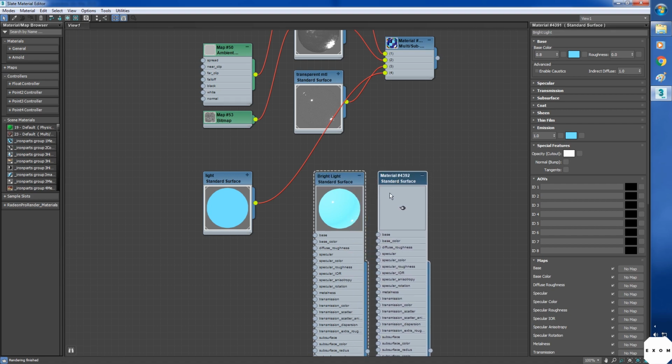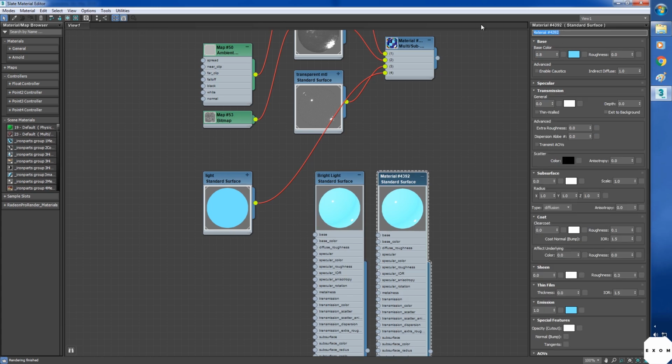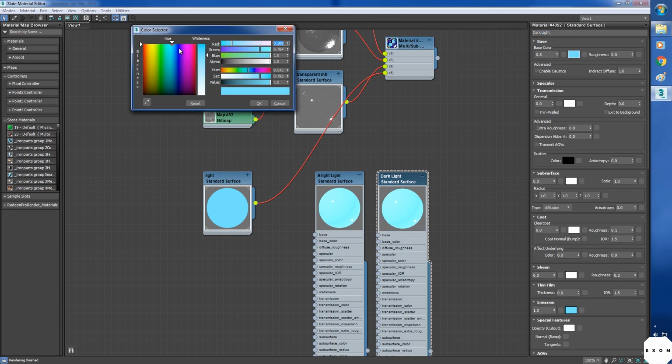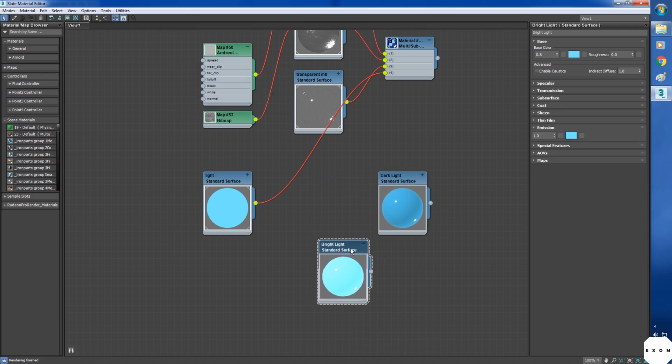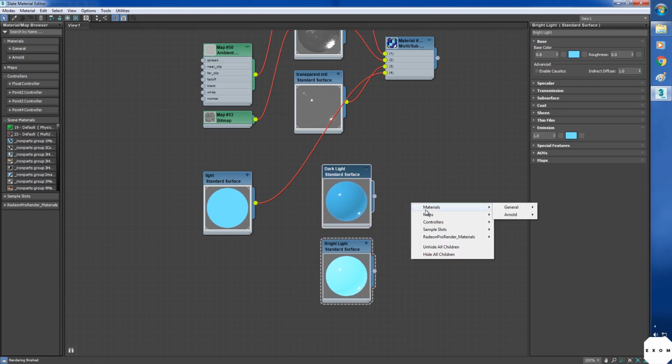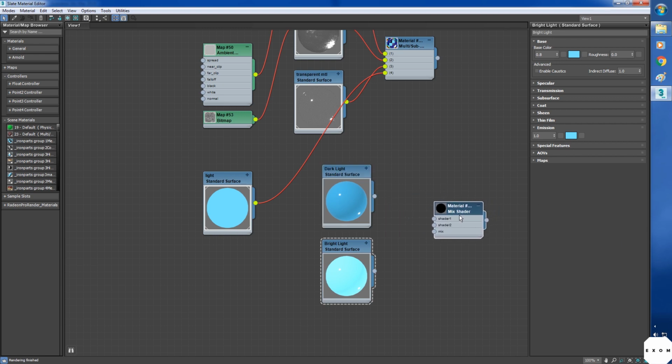Hold shift and drag to make a copy. I'll name it dark light. Here select a dark blue color and paste the same in emission. To blend these two, we can use layer shader just like before, but since there are only two materials to blend, I'll use mix shader. They both work the same, but mix shader only has two slots. Okay, connect these two,